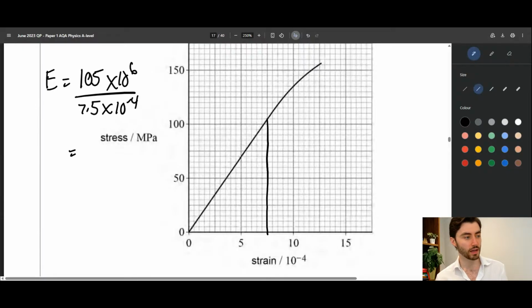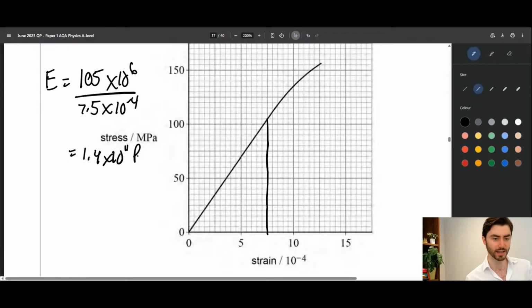And this is important because the units for Young's modulus are very often gigapascals. So 105 times 10 to the 6 all over 7.5 times 10 to the minus 4. I'm not sharing full screen, so you can't see my calculator, but the answer is 1.4 times 10 to the 11 pascals, or 140 gigapascals,